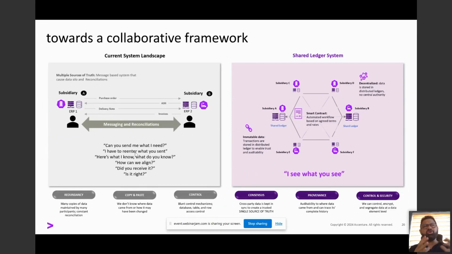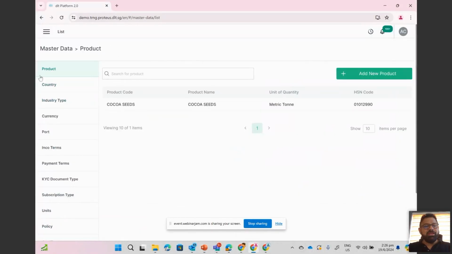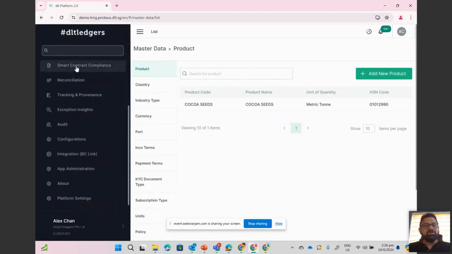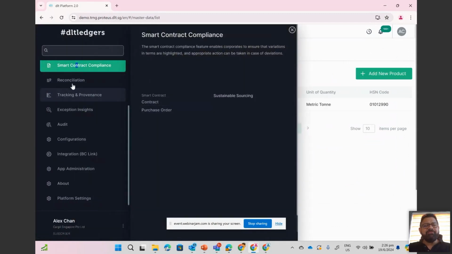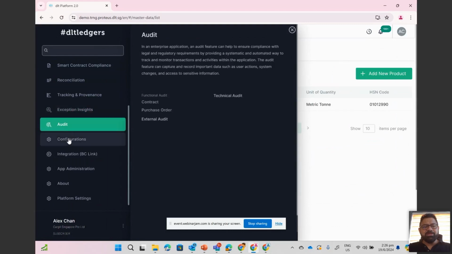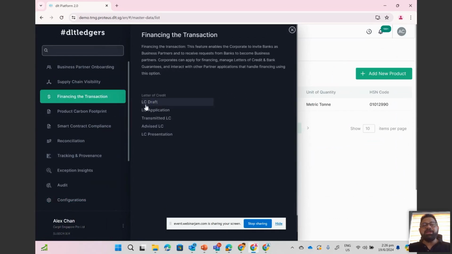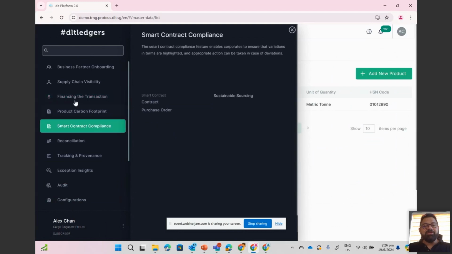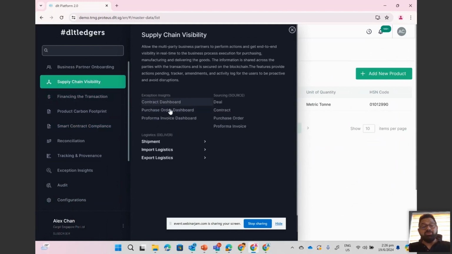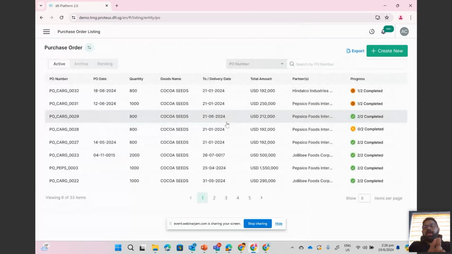Because none of the aspects of what you saw here, this is just a system, isn't it? So it can look very different, so there is reconciliation, there are exception insights, audit, there is configuration. If you look at financing the transaction, it's completely different. I have access to some of these apps, so I'm seeing it. So you can have the entire look and feel, and what is the context at which you need to look at any of these structures,